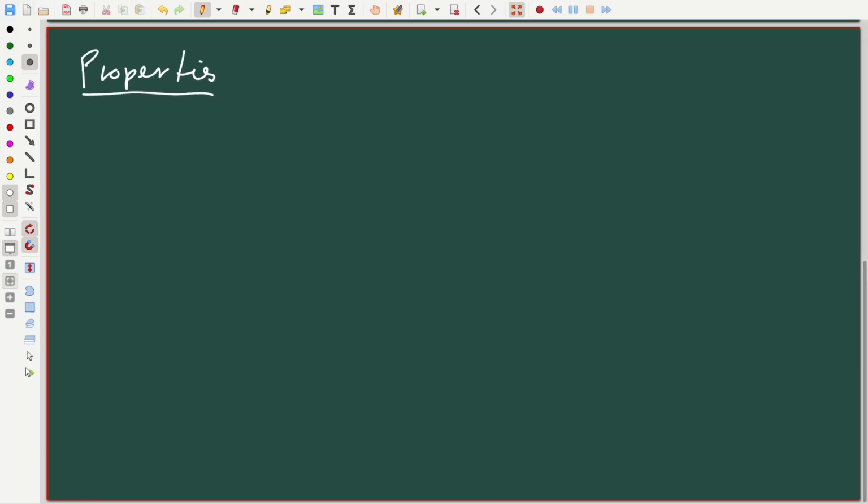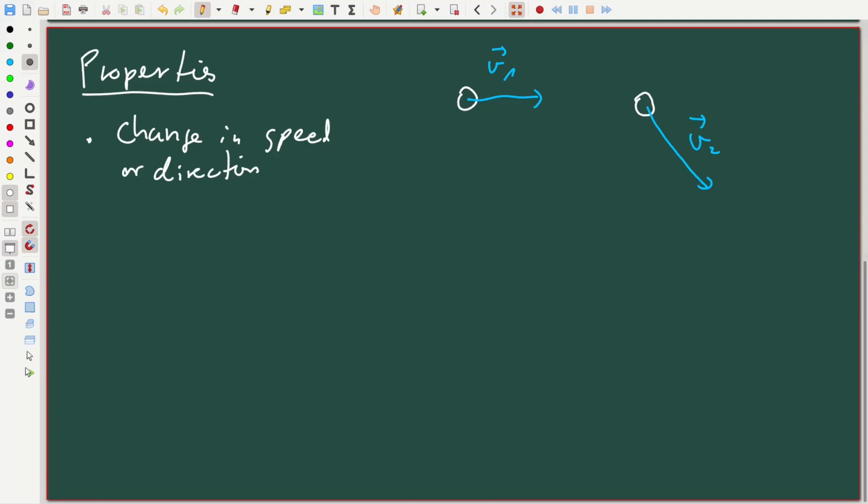Yeah, so we discuss now what makes a force, so to say. So we can just take a look at any random object that travels with a certain velocity. Yeah, so let's suppose v1, and then after a certain time we can find that it has another velocity. Yeah, so let's suppose it travels now in this direction, so the direction has changed, as well as the magnitude. So the absolute value of v2 is greater than the absolute value of v1. And then we can already define a force here according to what we observe, and this is change in speed or direction. Yeah, so if the magnitude or the direction changes, this can only happen if a force is applied